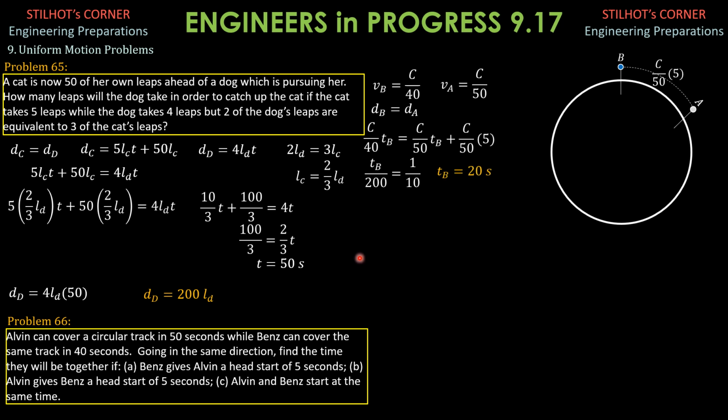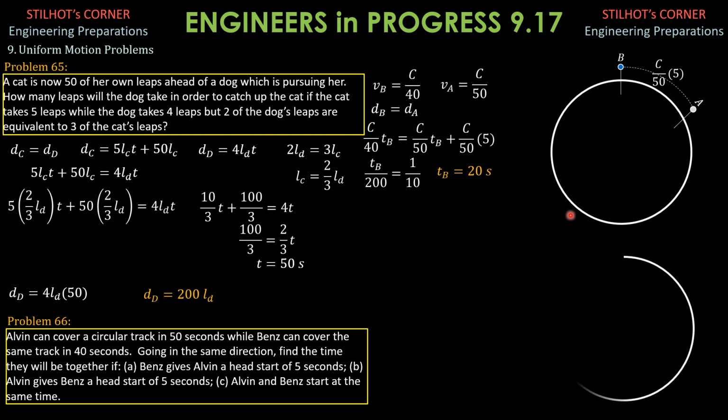For the second part, it is Alvin who gives Benz a head start of 5 seconds. So remember that Benz is moving faster than Alvin. So if Alvin gives Benz a head start, take note that if the path were straight, there would be no situation where Alvin can catch up with Benz, because Alvin is moving slower than Benz. Luckily, the path is circular,